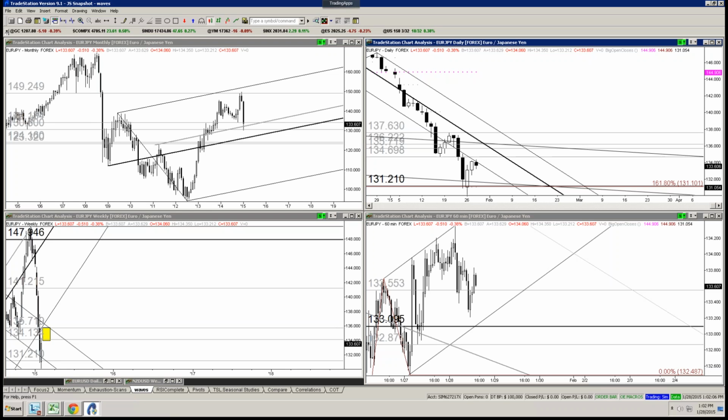Obviously we had this version, this structure here, and it didn't hold, right? Overnight, it spiked through it here, and the market's unable to hold. So, my feelings on the